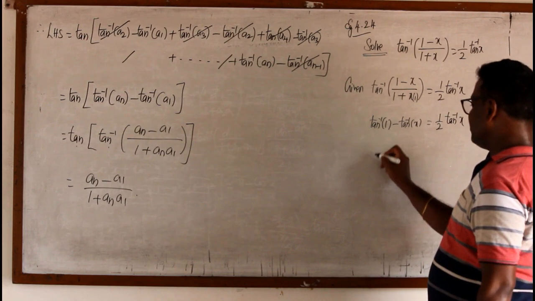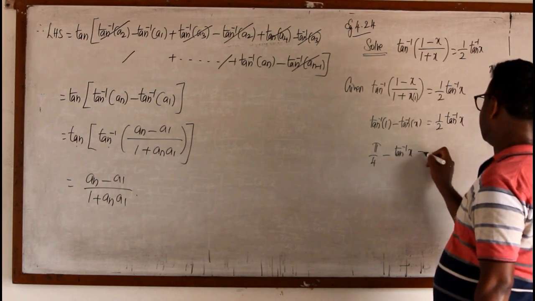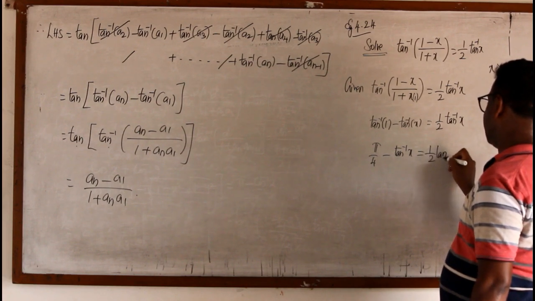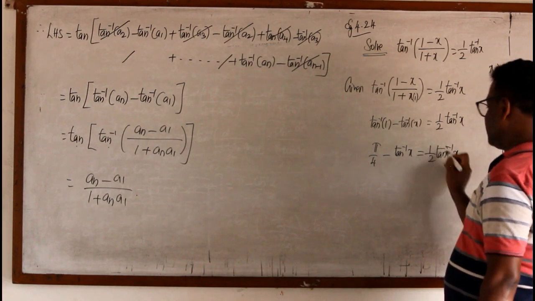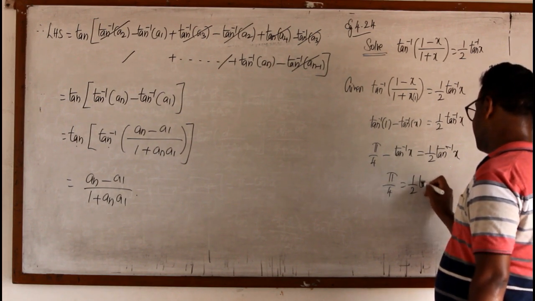Now tan inverse of 1 is pi by 4, minus tan inverse of x equal to 1 by 2 tan inverse of x. Suppose if I take this one to the other side, pi by 4 is half tan inverse of x